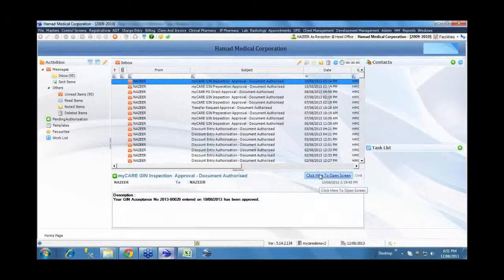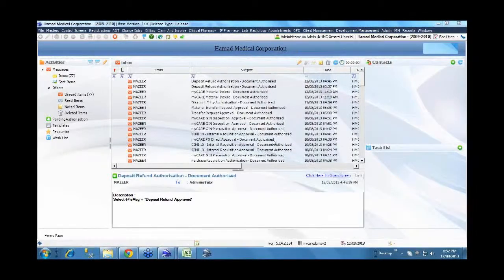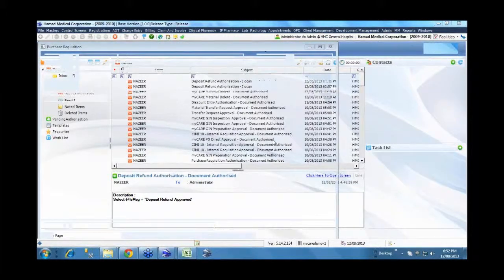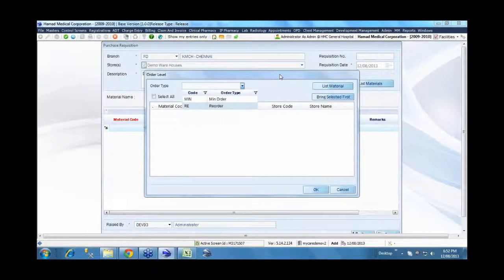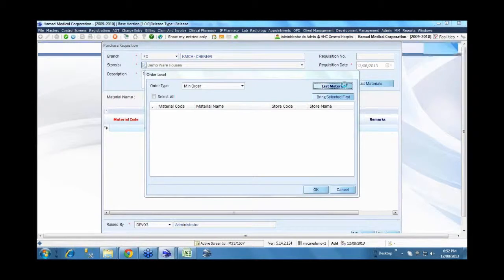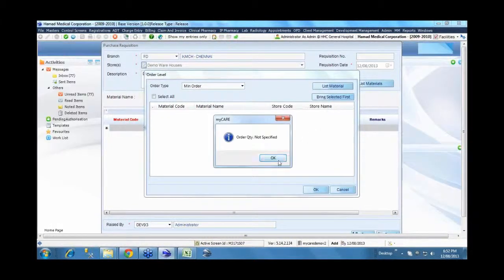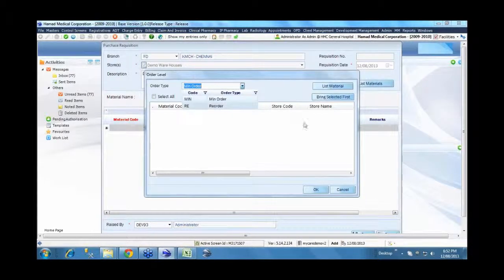So now we'll start with the purchase requisition. There are many ways of raising a purchase requisition. One such flow is what we saw, based on an internal requisition from a department requesting a certain item, where we don't have stock for that item. Based on that request, we are raising a purchase requisition. That's one aspect. Another provision is that we don't want to wait for some department to request a particular item and then raise a purchase order. Instead, based on the minimum order level and the reorder level which is set in the system,